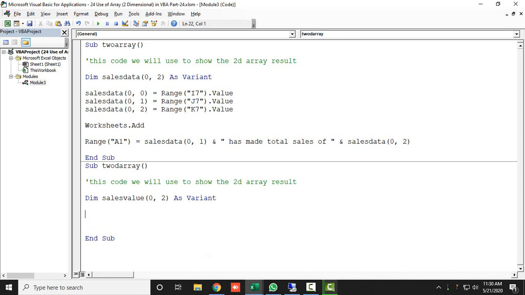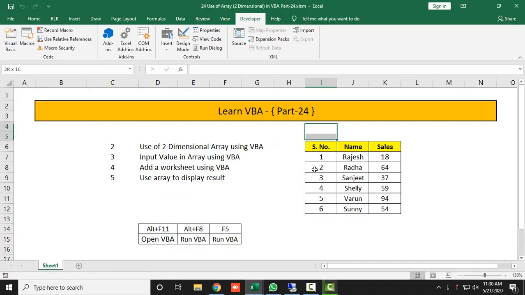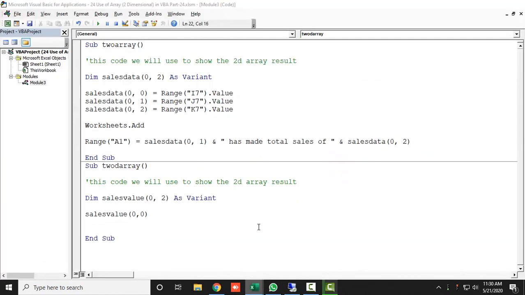Now let's declare each and every variable. This time I will type sales value, 0 comma 0, which means first row and first column. In my data, the first column and first row is the serial number. So here we will type in the code the serial number, which is written in Range.